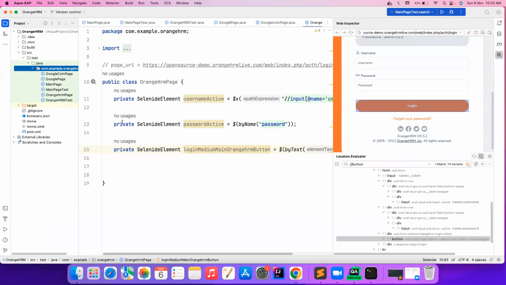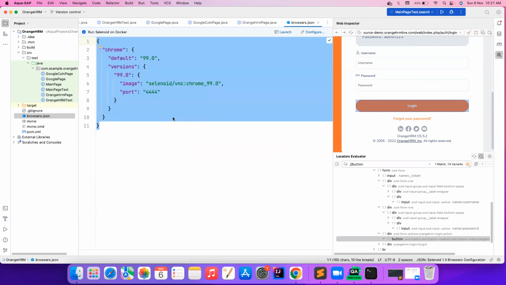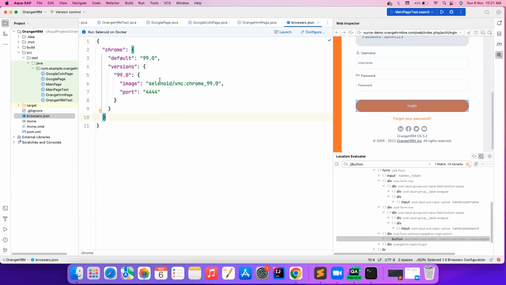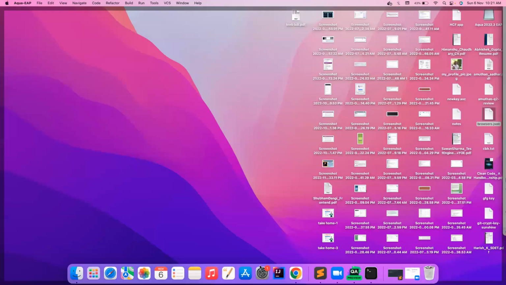Apart from this, there is also something that I want to cover. I think the naming is something that they could improve, which is something I don't like for now. But let's come to the browser.json. In the case of Selenium, we need a browser.json and it will download this particular container, pull the image and then start this container. In my case, because I use a Mac M1, this image will not work on my machine, so I have to override it. I can also do that, but